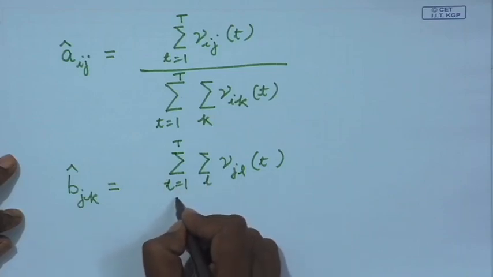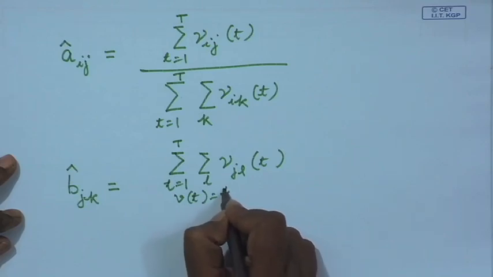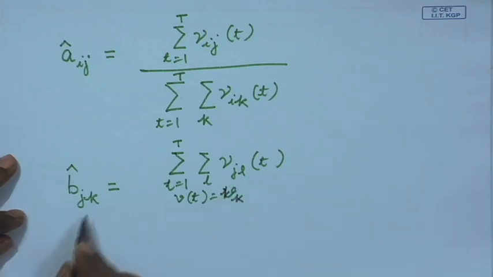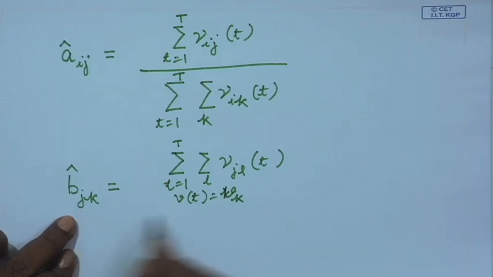So, this has to be computed wherever V t is equal to V k, because I am interested in b j k, and this is divided by